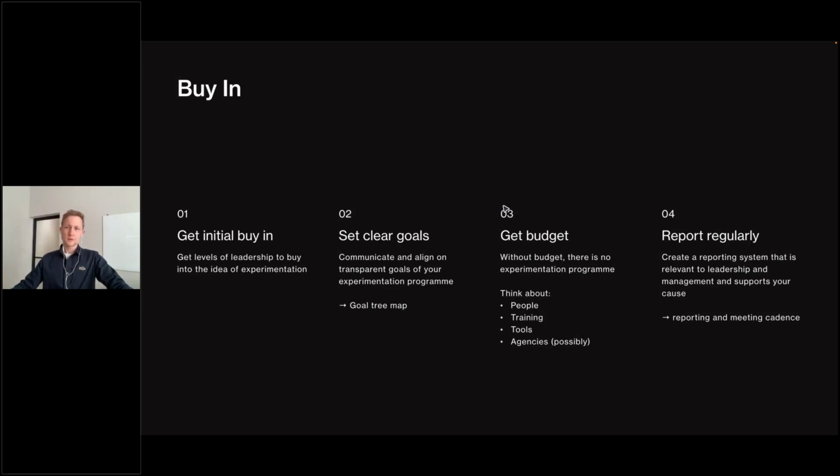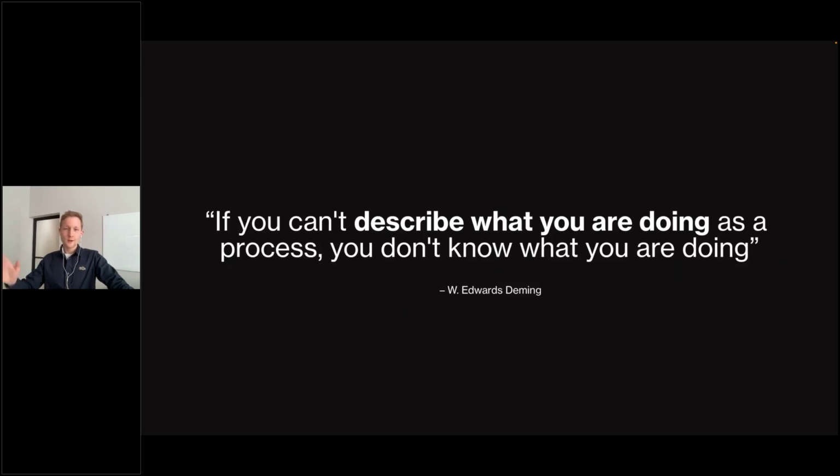And before we go into the second one, funny enough, whoever at VWO created the post to promote today's webinar had this quote in there from Edwards Deming, and I'll quickly read it to you. If you can't describe what you're doing as a process, then you just literally don't know what you're doing. And this couldn't be more true in experimentation than it is in so many other fields. And the reason is because if you don't really have a process, if you just